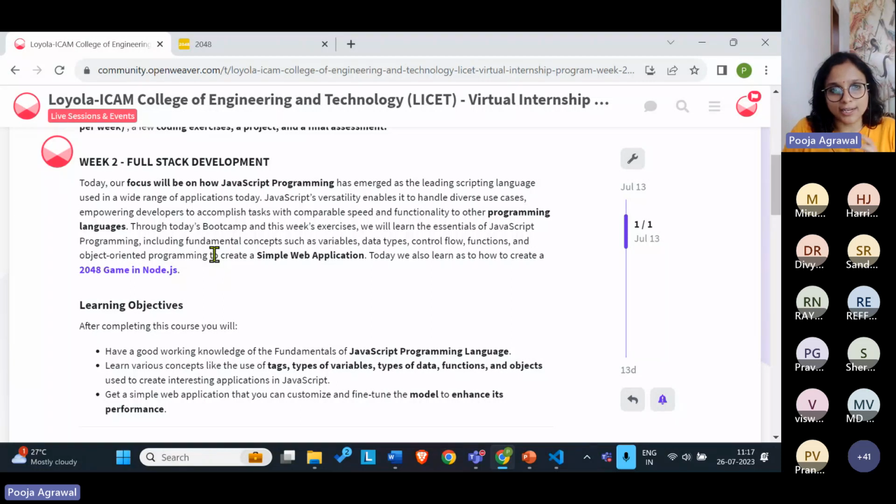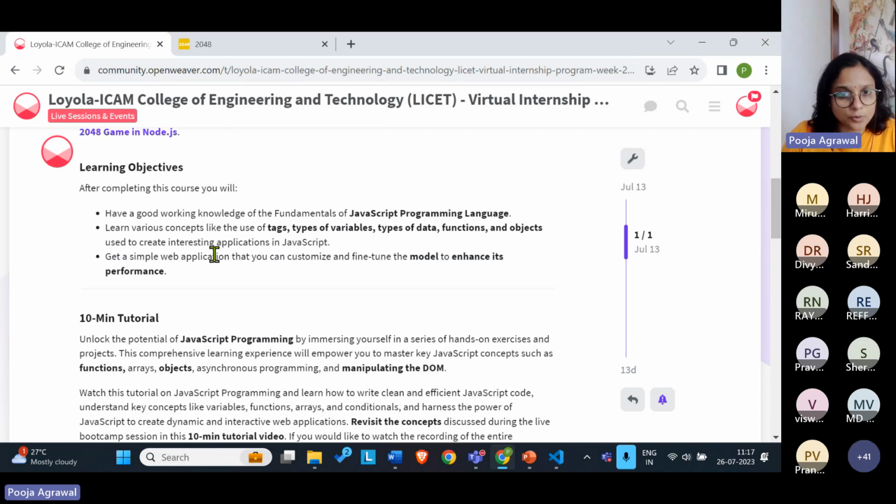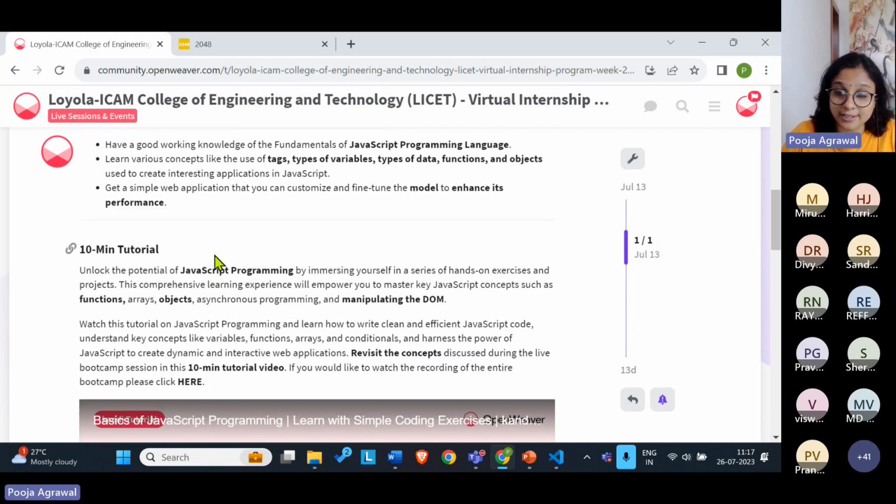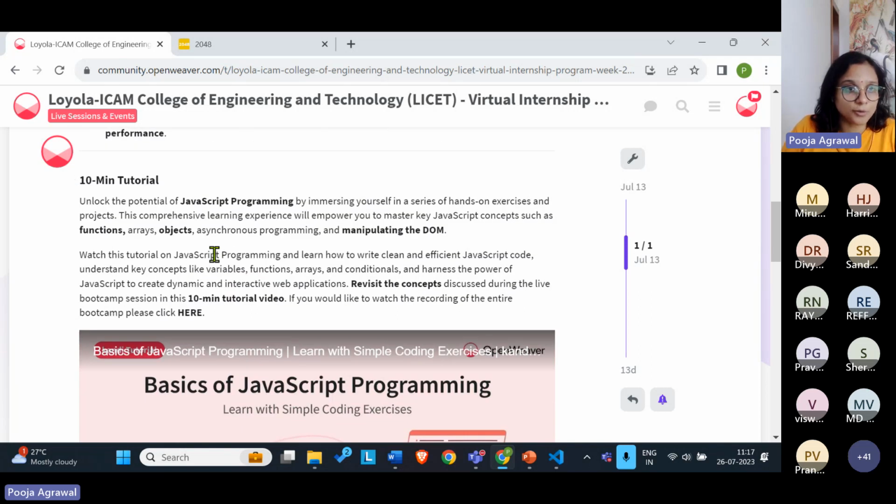We will try to cover website development and front end development. We can't say that we are able to go full stack in one session, and hence we would try to get through a very simple web application and then into a game application of 2048. So that is going to be our objective today. We would start really from scratch. If we have someone who's a beginner, he or she should also be able to understand.